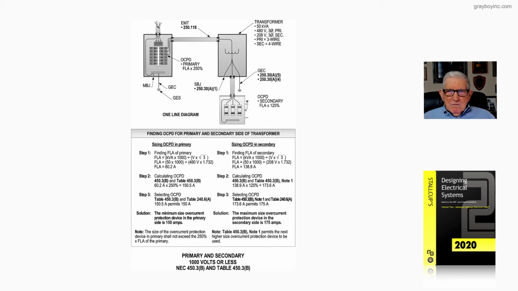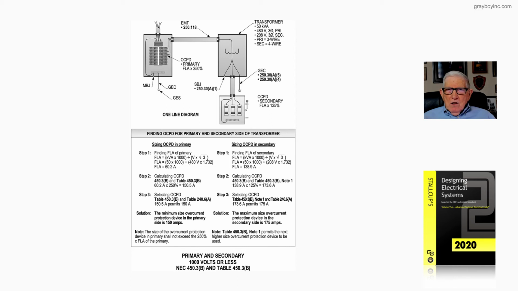And then again, caution is illustrated here, that the secondary full load amps is at 125%. So reviewing the illustration, next we will calculate the size of the primary overcurrent protection device as well as